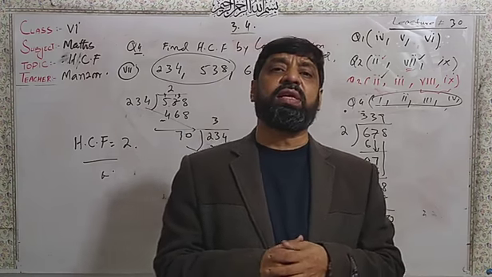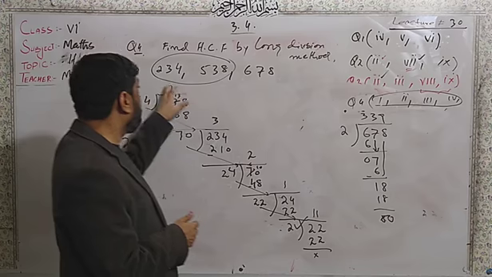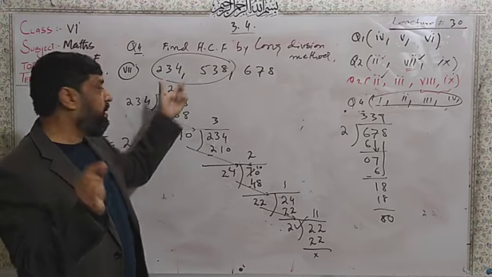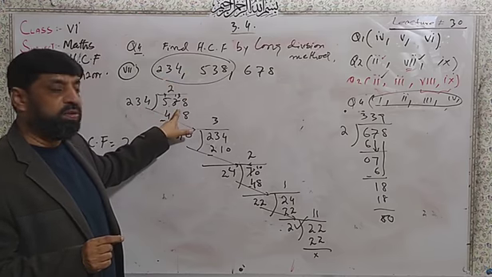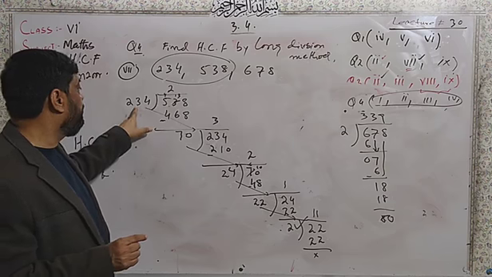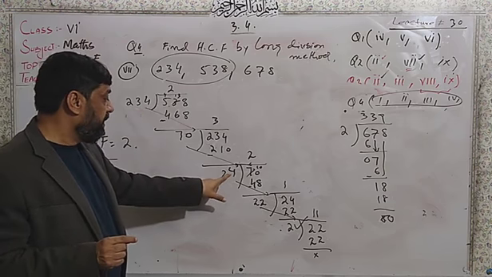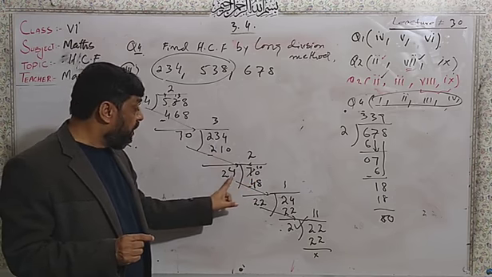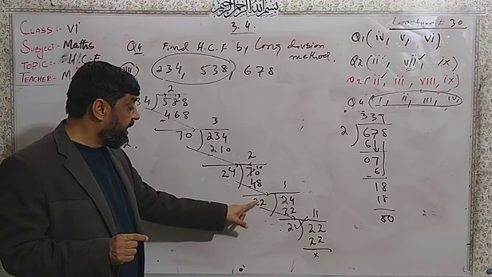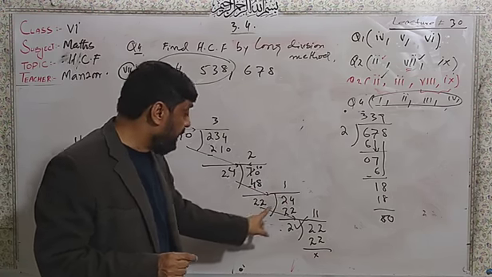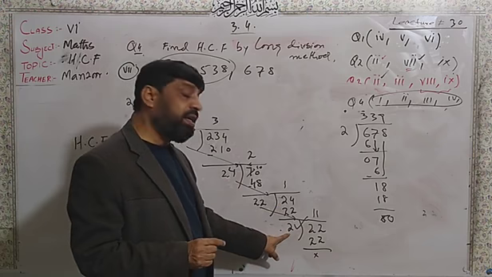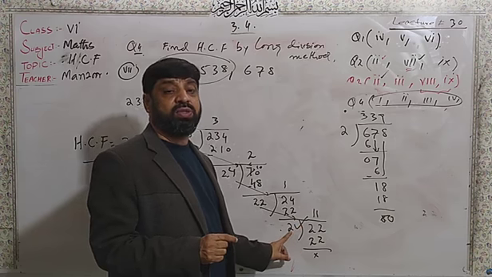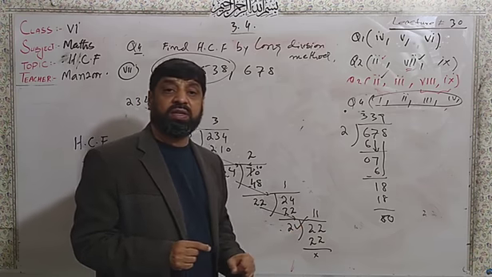And in the long division method, we have the procedure that you will select the first two numbers from the given numbers, and you will select the divisor, the smaller number, and then the big number will be divided. Again, this will become the smaller, this will become the greater, and you will get this one. Then this will become the smaller, again 17 will become the dividend, and now 24 will become the divisor. Again here, 24 will become the dividend, and 22 will become the divisor, and you will get the answer 2 here. Again 22 will become the dividend, and 2 will become the divisor, and we have got the answer 2.